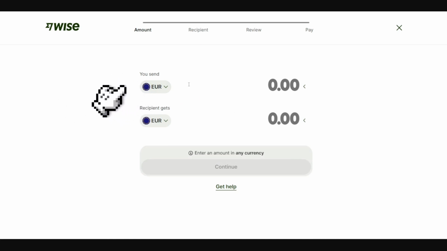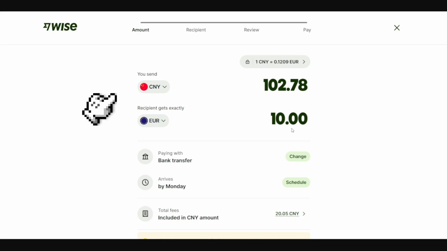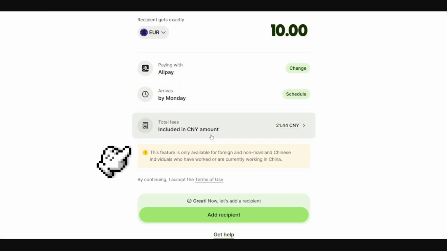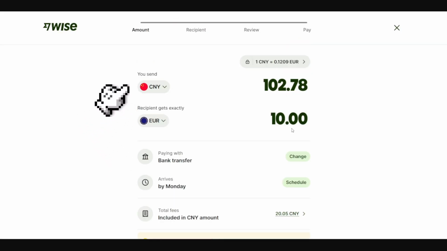our currency. In this case, you can see euro, and these options. In this option, you can select the currency of the person that you're going to send the money to. Okay, in this case you're going to select yuan. Okay, yuan is the currency of China. And you can see, well, in this case I put it right here. Okay, and then once we select our currency,